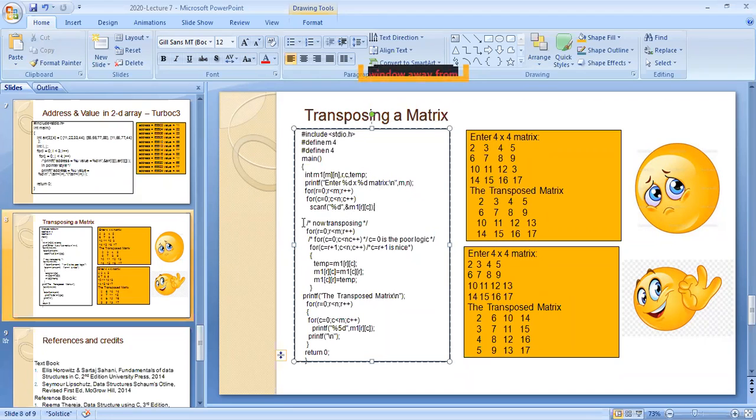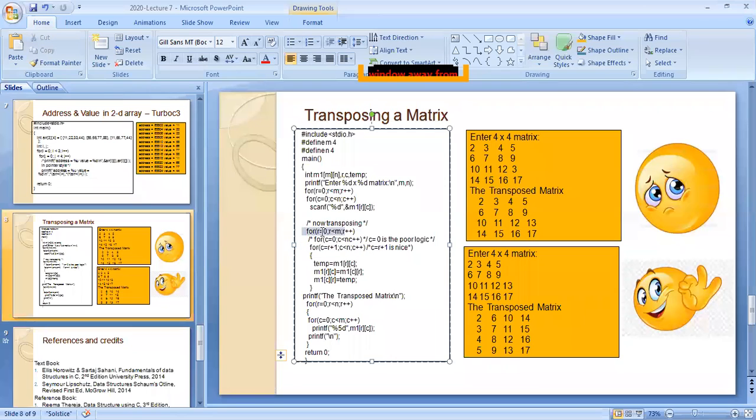Now you come to the transposing, transposing by using the temp variable. You are shifting all the row elements to columns and all the column elements to rows. So for that, last 10 minutes. You start with r is equal to 0. Go for the bubble sort logic; you will get it easily.